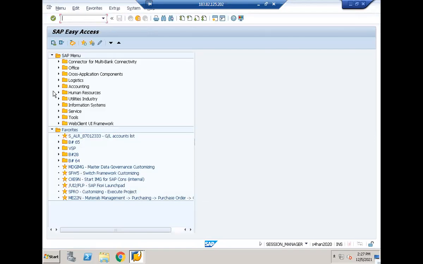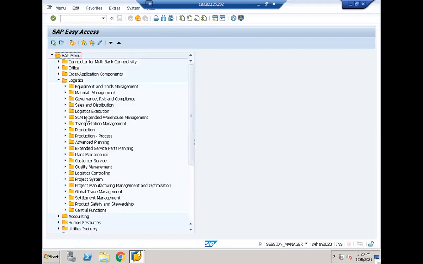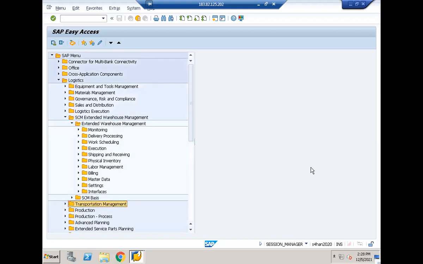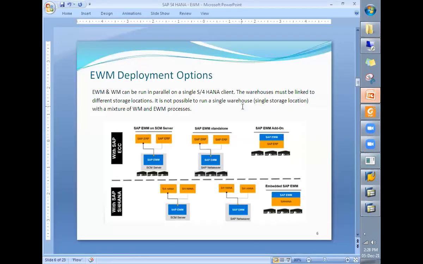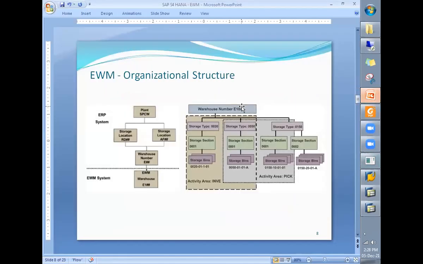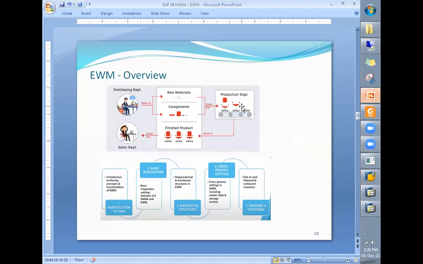So here you see in the embedded one, EWM is included as an embedded module in SAP S/4HANA, that is EWM and transport management, right? So here it is the EWM which is included. Okay, so this is about the deployment option, then organizational structure overview.